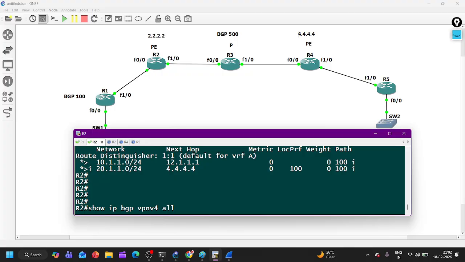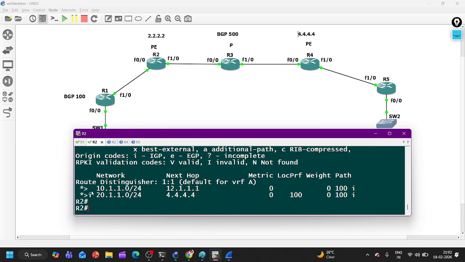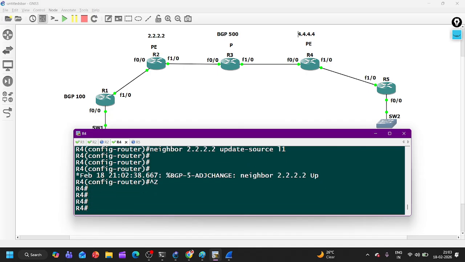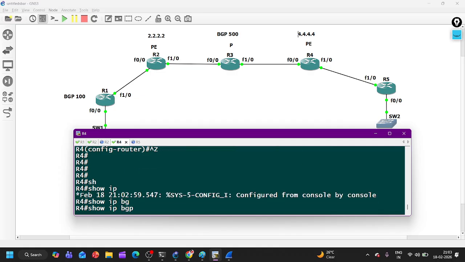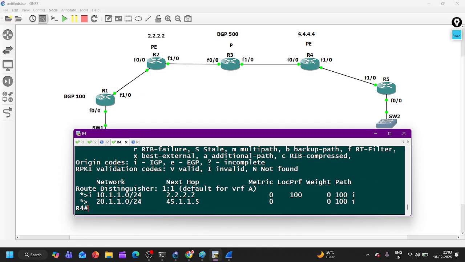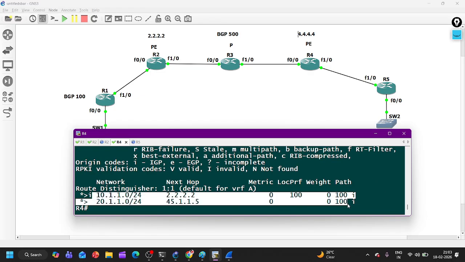Now you can see on router number 2, on provider edge, we have 10 as well as 20, right? This is BGP, we all know this. Router number 4 will also have both prefixes in their BGP table. So show IP BGP VPNv4 all. Great. But